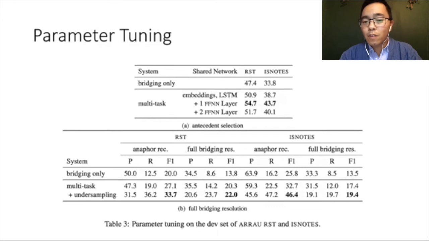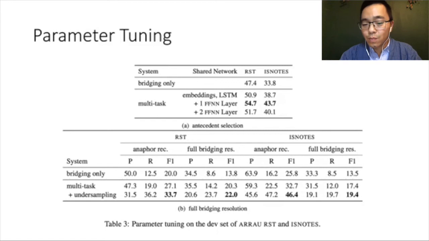And if we further share additional layers of the feed-forward neural network, it can further improve the performance for both the IST and ISNotes corpora. And the best result is achieved by sharing one feed-forward neural network. So in total, the system has two feed-forward neural networks, two hidden layers. And after we find the best configurations for the multitask learning, we apply it to a more complex task, which is